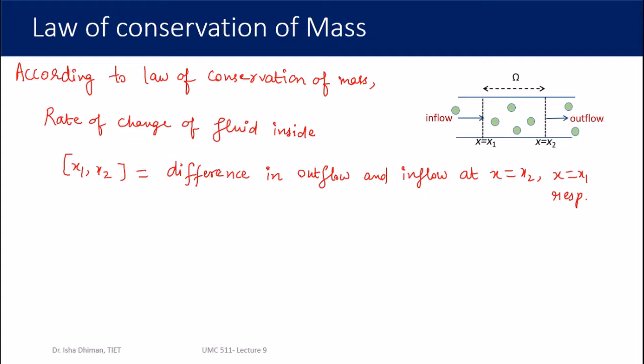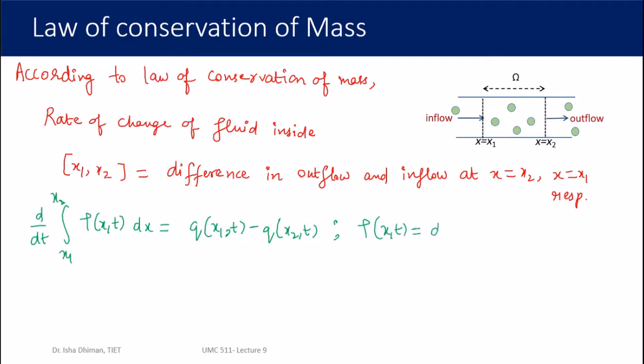So let's write what is the rate of change of fluid inside this. Rate of change of fluid means d by dt of something. So d by dt of the mass, and mass is going to be given by density into volume, and volume here is basically the dimension of length because it's a one-dimensional problem. So it's d/dt ∫ from x1 to x2 of ρ(x,t) dx = q(x1,t) − q(x2,t), where ρ(x,t) is the density of fluid